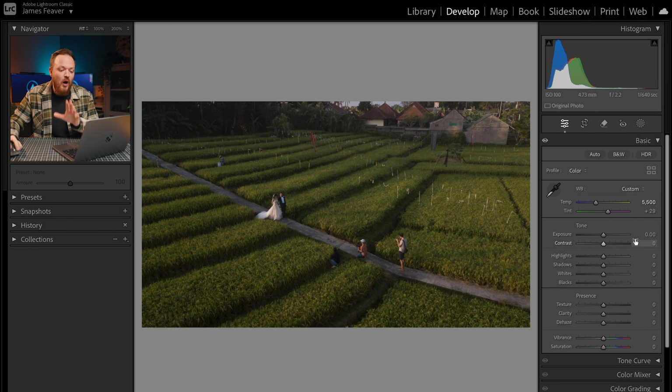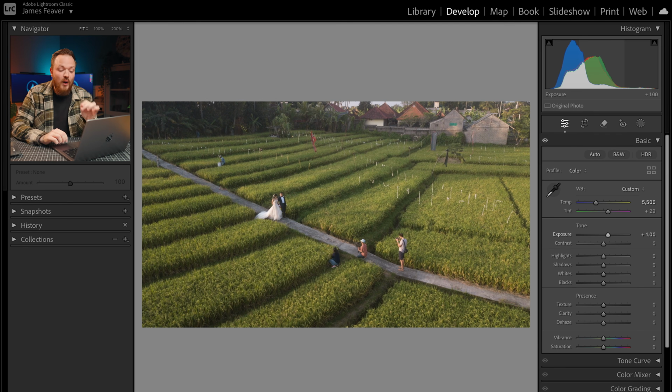Now underneath that, we've got our overall exposure. At the moment, I am finding this image a little bit dark, so what I'm going to do is increase this by one entire stop. But to combat the washed out look that sometimes can happen when you brighten your photo, we're going to increase our contrast. We'll probably increase it by around 15%, but we'll adjust that later on when we have a look at the tone curve,